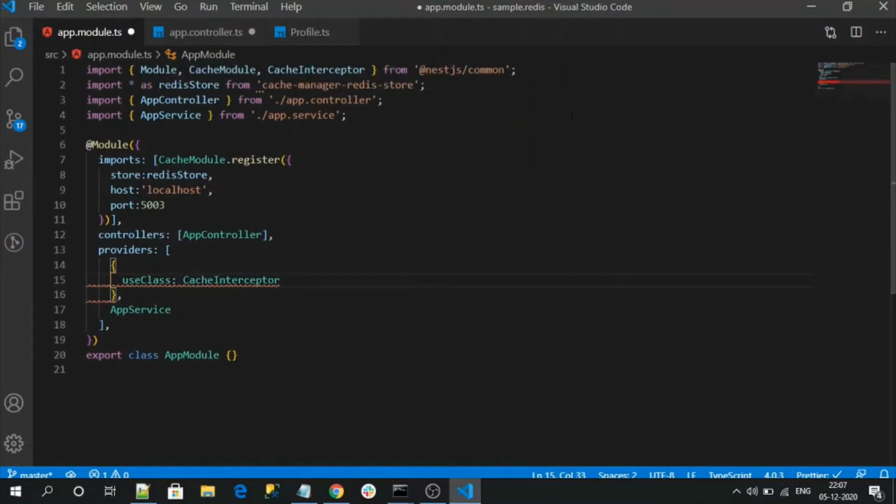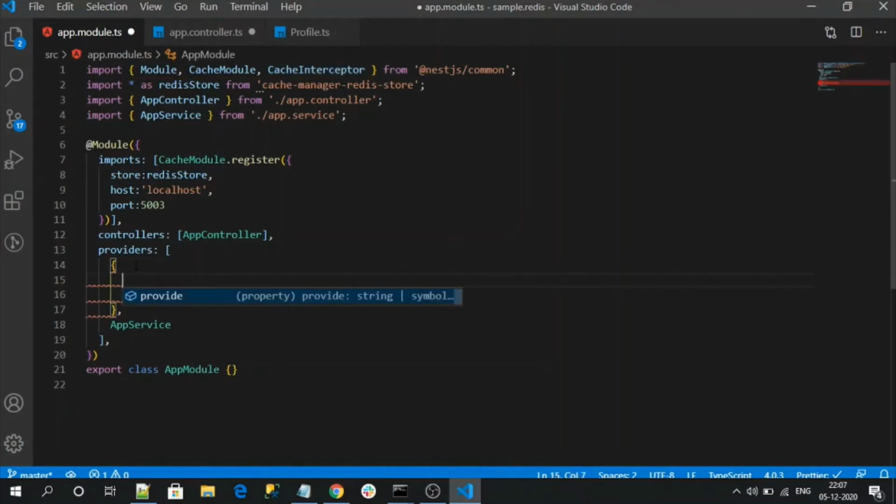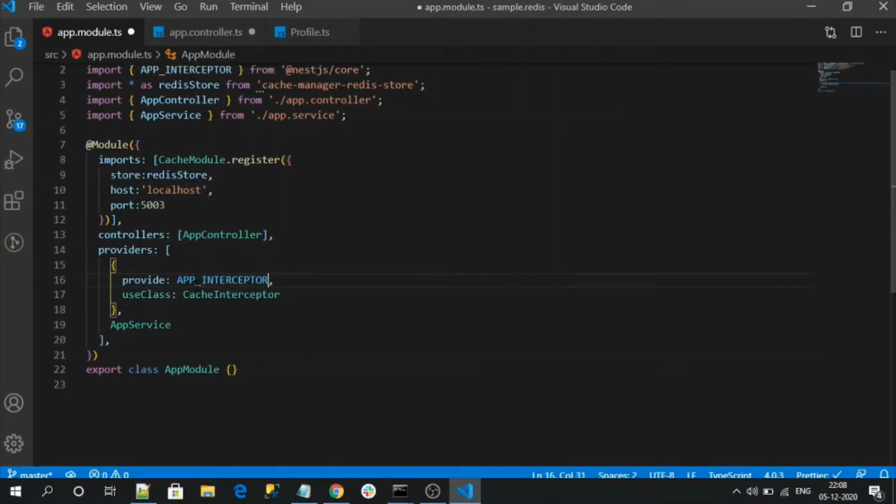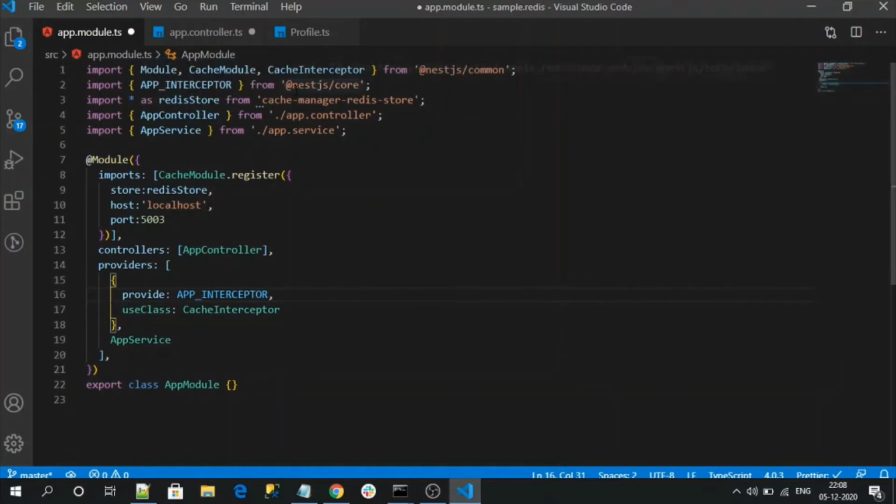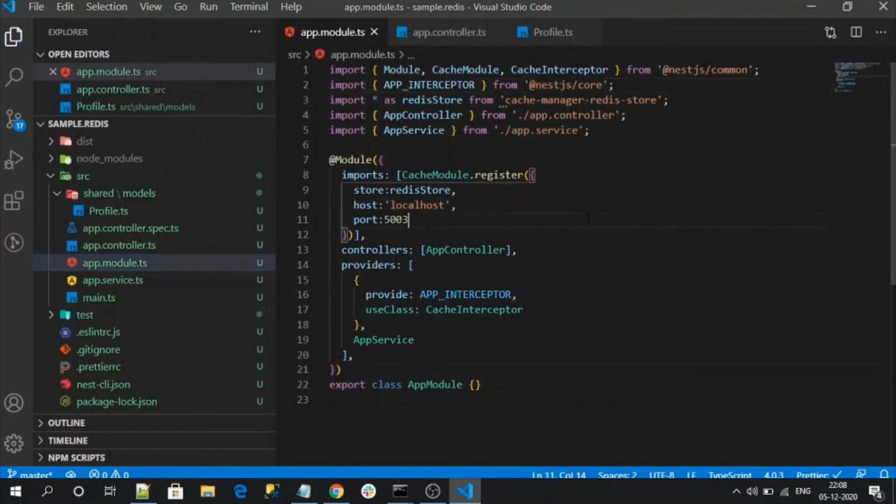Okay, that got imported. Now for the provider, I need to give a token like APP_INTERCEPTOR. See, that APP_INTERCEPTOR is loaded from nestjs.core. Okay, that is the only thing we need to import.